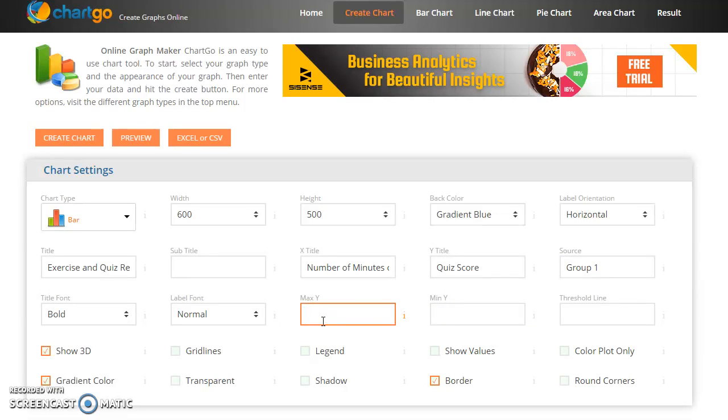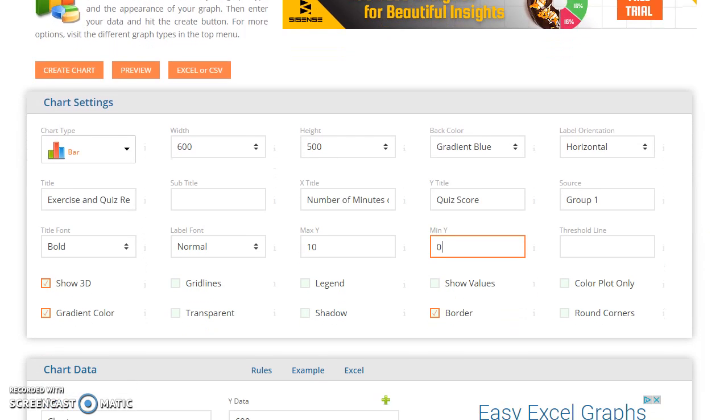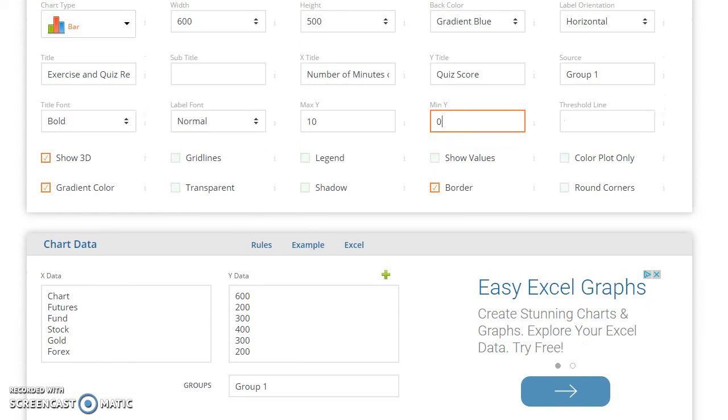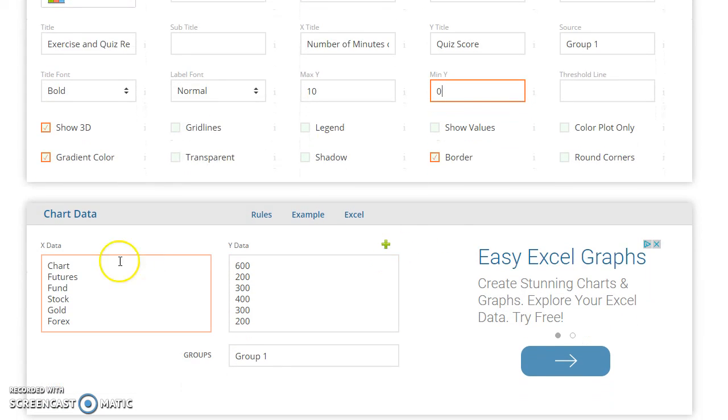Okay, let's say that you design a 10-question quiz that you're going to give students before and after an exercise or arts activity. So we'll say the maximum value is going to be 10. The minimum would be 0. They could potentially get 0 questions right. So that way you're 0 to 10 on your quiz score. I'm not really going to change too many other attributes here. You can play around with this if you like, but I'd like to go ahead and put in my